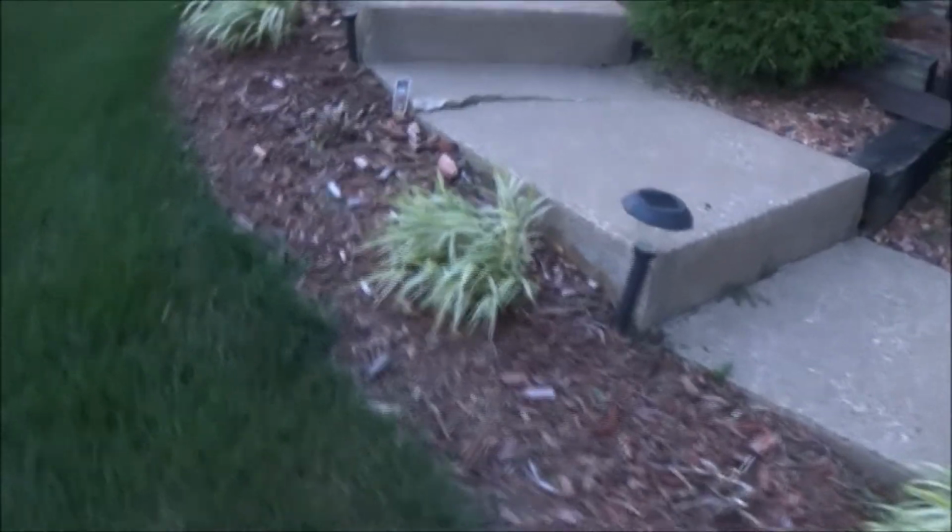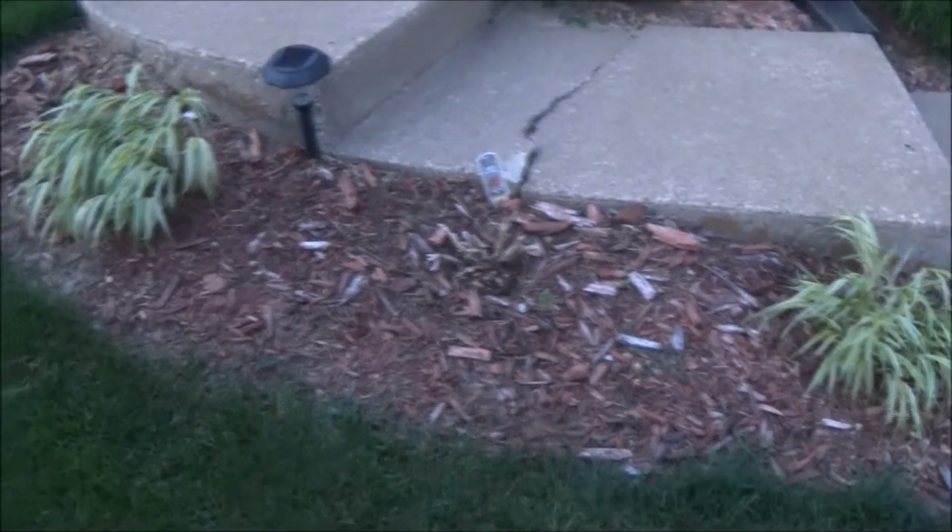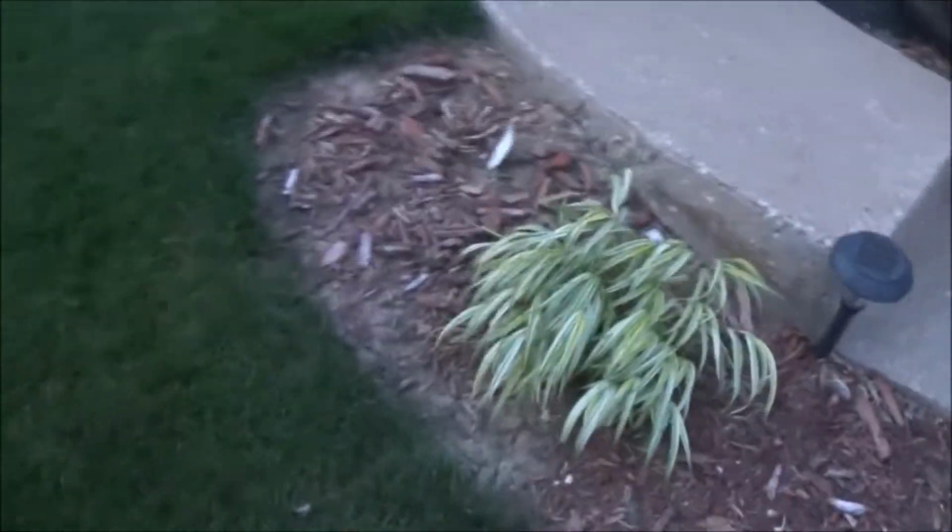So now here this grass is growing, came back the last few years, but in between here I had red garden mums, and that's the stalks from last year, but they haven't started to come back this year. I don't think they're going to make it, but they were huge. I mean, they filled that whole area there clear up. Doesn't look like much there, but